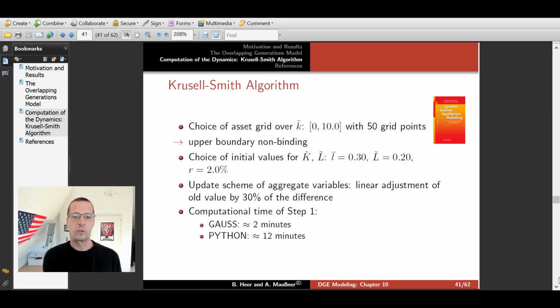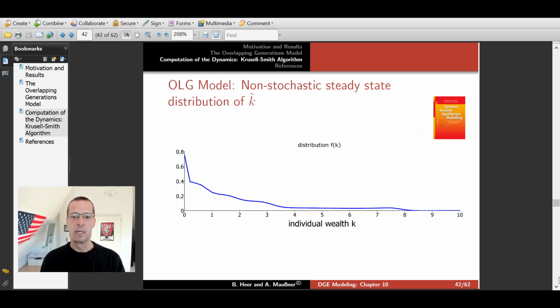Now we have to choose the S-limit grid for the individual wealth. We choose 0 and 10 with 50 grid points. And we have to check if our upper capital stock k equal to 10 is non-binding, and this is the case. So here you find the distribution of wealth in our steady state, and we have almost 75% of households